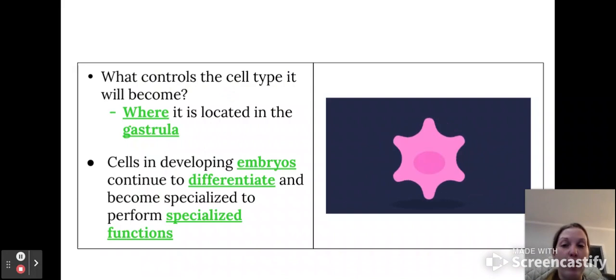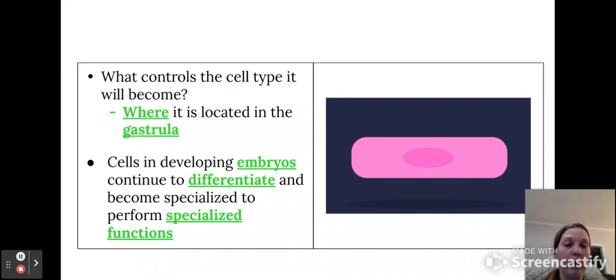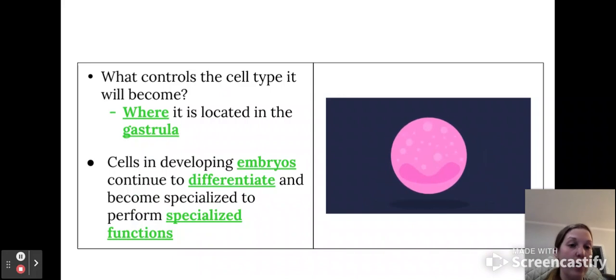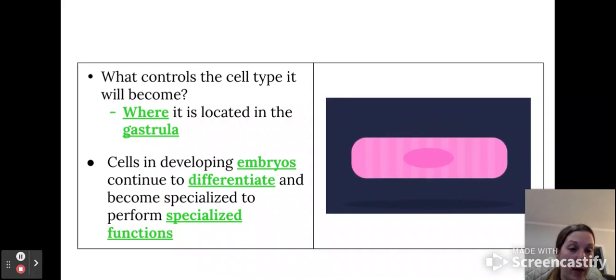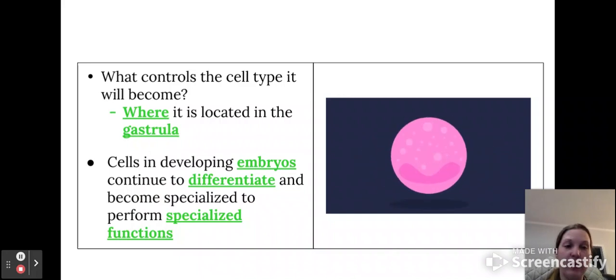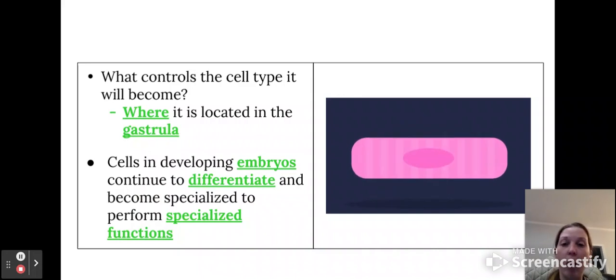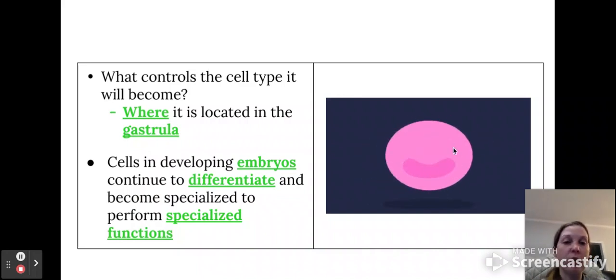Cells in developing embryos continue to differentiate and become specialized to perform specialized functions like nerve synapses, organ functions, and all of those different things. I'm trying to think of all of them that I could come up with. And you can see how these cells over here, these stem cells, are forming into different shapes and different